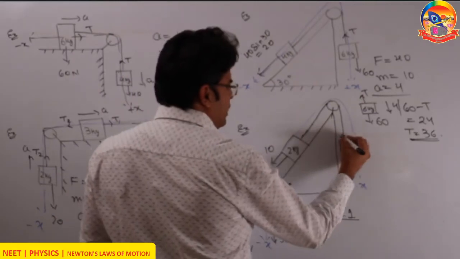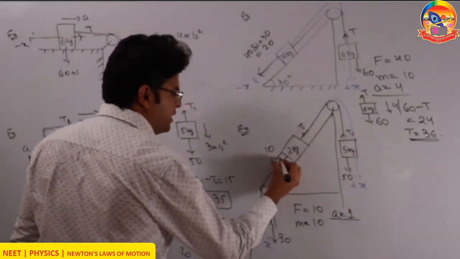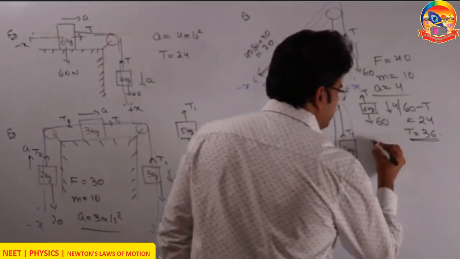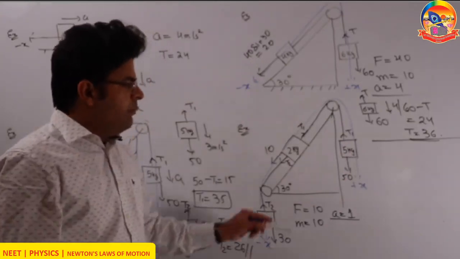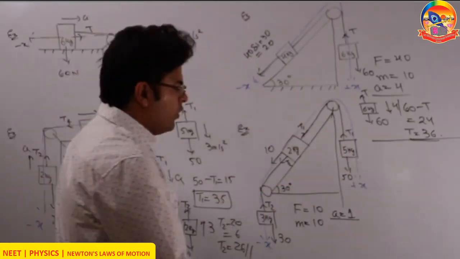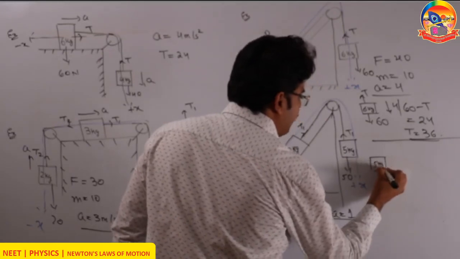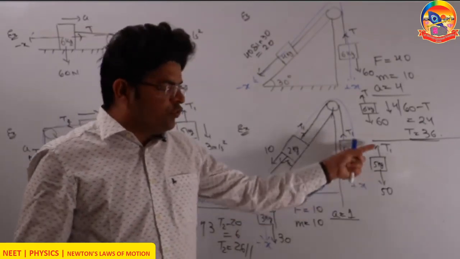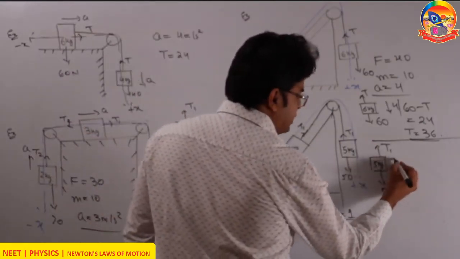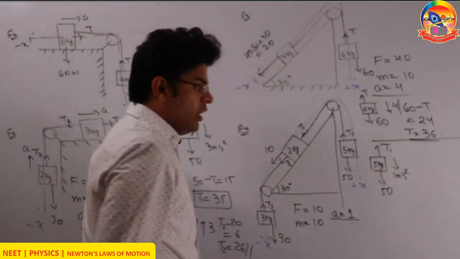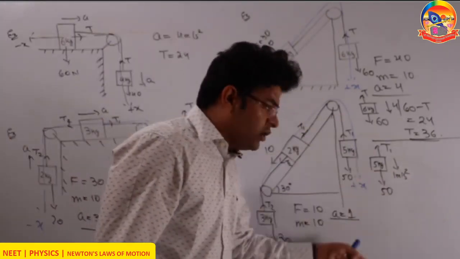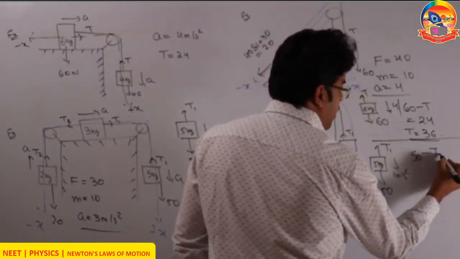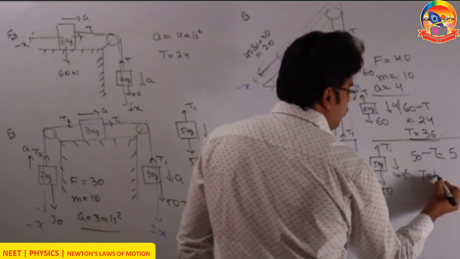Now if they ask, okay, the tension in this string is T1 and the tension in this string is T2. What is T1? What is T2? So how to find? Very easy. To find T1, make the equation on the 5 kg block. On the 5 kg block, you can see there are forces upward T1, downward 50. Under the influence of these two forces, it comes down with an acceleration of 1 meter per second square. Always make the equation with the net force in the direction of acceleration. Acceleration is downward, so write the net force downward. 50 minus T equals mass into acceleration, 5. So T comes out to be 45.